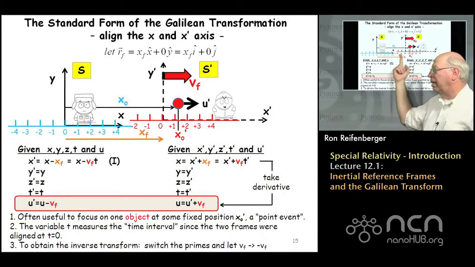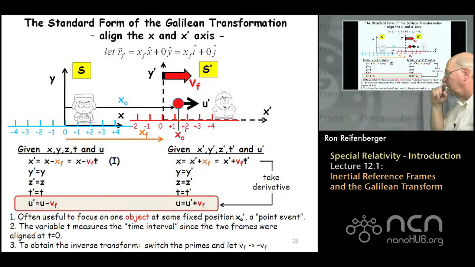And we're just going to be asking questions like, if you measure the position of an object in, let's say, the red reference frame, what would be the position of that object x0 in the blue reference frame? I give the results here. If you're given the measurements in the unprimed reference frame, you can always calculate the measurements in the primed reference frame using this set of equations. If you're given the measurements in the primed reference frame, you can always calculate the coordinates in the unprimed frame